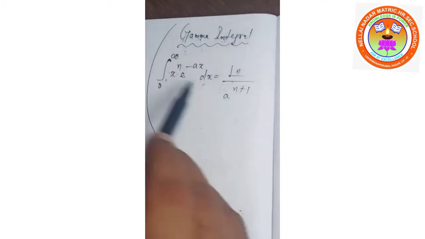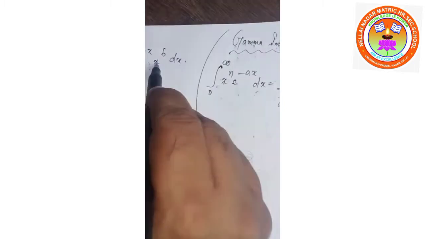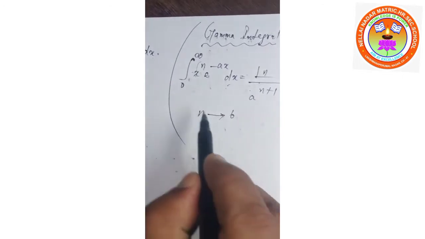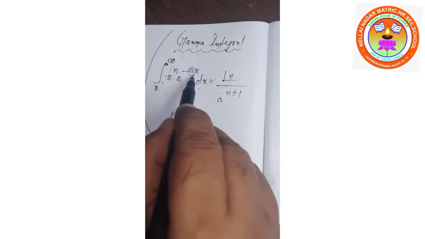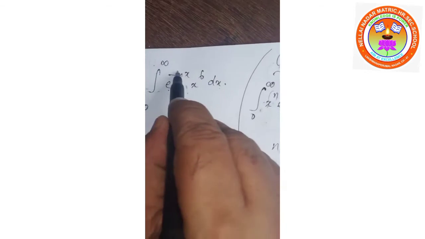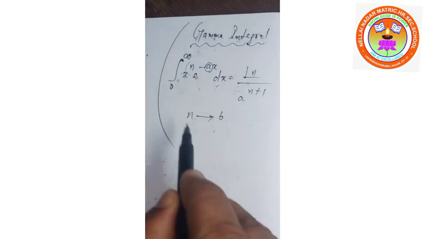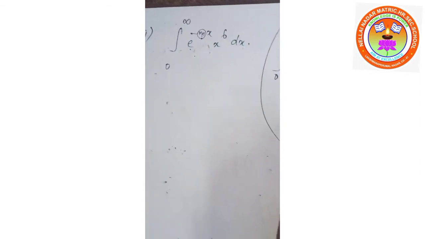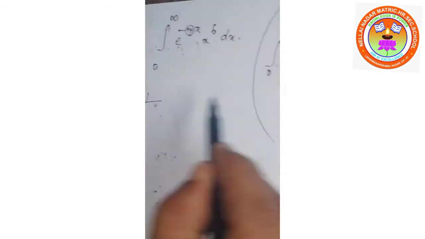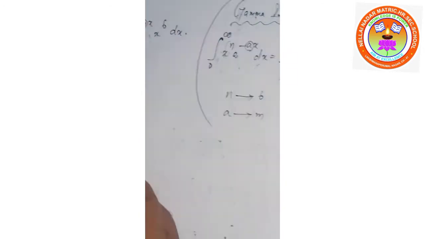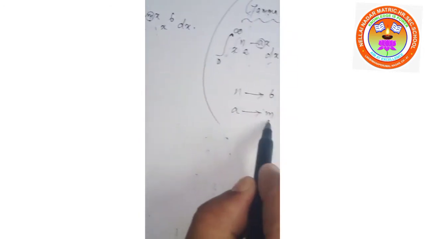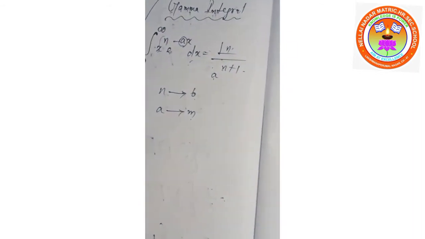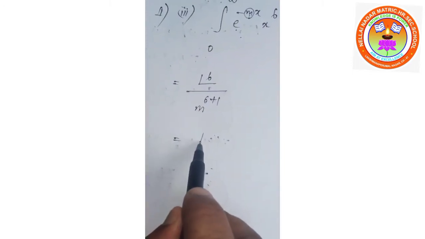I am going to compare these two. x power n, x power 6. What is the value of n? 6. n can be replaced by 6. e power minus ax, e power minus mx. So a can be replaced by m. That is equal to, here's the right side of the formula, factorial n that is equal to 6 divided by a can be replaced by m, power n plus 1, n value 6 plus 1, that is equal to factorial 6,